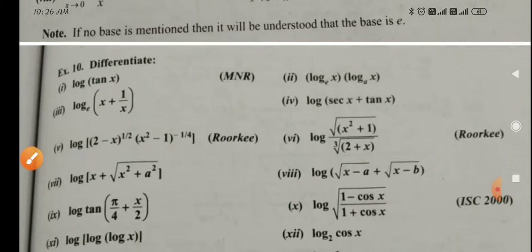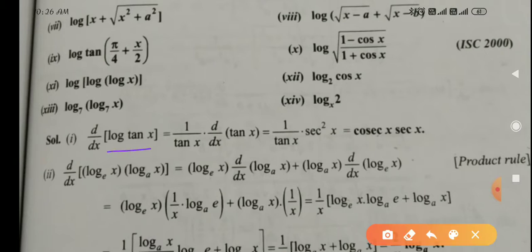Log tan x. It is given log tan x, and we need its differentiation. In place of x, tan x is given, but you will deal with it as log x. So log x, and you can see here base is not mentioned. If base is not mentioned, it means that it is natural log, and its differentiation will be 1 upon x. So 1 upon x, in place of x tan x is there, so 1 upon tan x you will take, and in multiplication d upon dx of tan x, because it was not x. Its differentiation is sec square x.